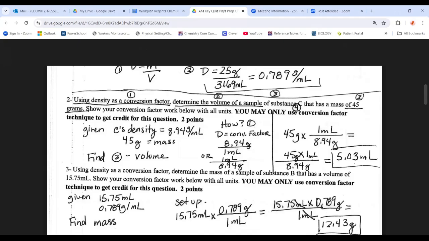Okay. What I'm asking you to do is move to a higher level of science work and work using dimensional analysis, which is a higher level technique we use in chemistry and physics. I am not asking you to do this the way you have done it in the past. So again, I'm not concerned about your answer or whether or not you can do math. I'm concerned about whether or not you can use this new skill you were supposed to learn for chemistry and physics,